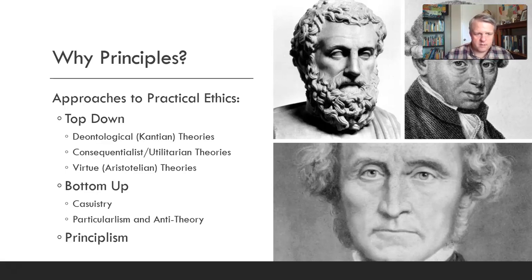The second of these big overarching theories is consequentialism, or utilitarianism, usually associated with Jeremy Bentham and John Stuart Mill. The consequentialist says, don't look at your intentions, but rather look at the outcomes. What matters is what actually happens, the consequences of one's actions. And we judge whether an act is good or bad, not based upon the intention of the actor, but based upon the consequences of their action. We judge it based upon whether it is the act that does the greatest good or brings about the greatest good for the greatest number.